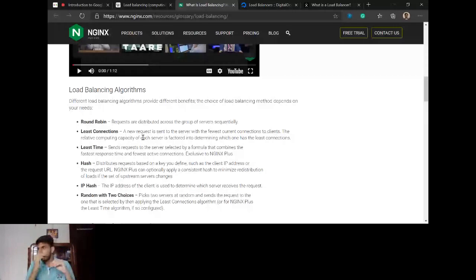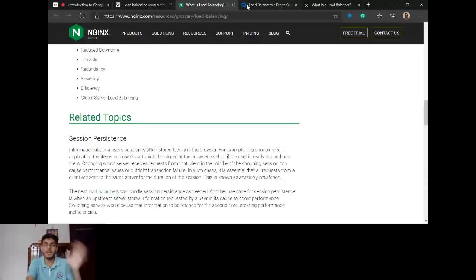For example, all these terms are really broad, so you can't really understand all of it in one go. If you are learning about load balancers, don't expect to learn everything in just one go. You'll learn about a few things and then you'll discover there are a lot of things that you don't know about yet. If you know just one term, load balancers, after you start reading about it, you will see there are a lot of terms which you don't know about. Load balancing is the first step. Then you see what different hashing and different algorithms are, and all the different things which are related here. So you should keep on exploring this until you have a very good understanding